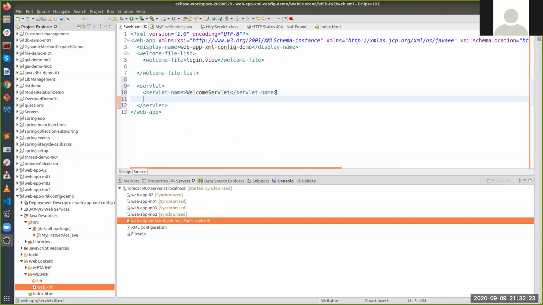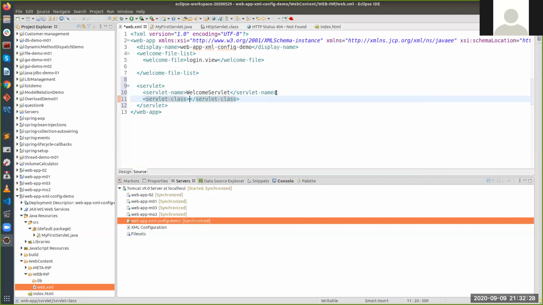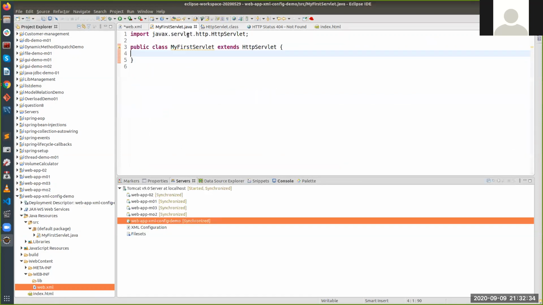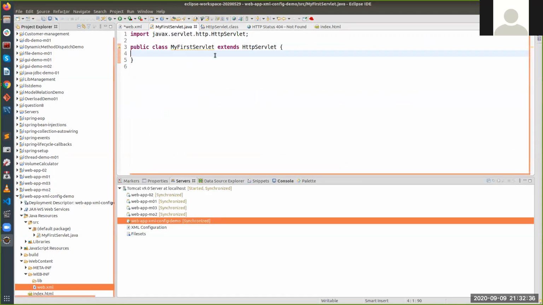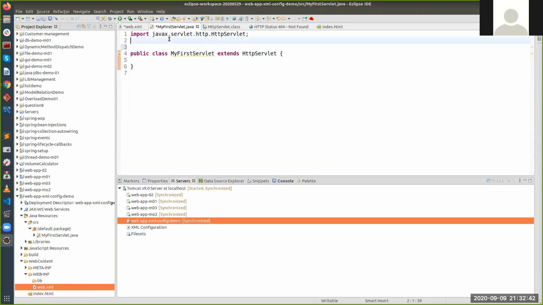Okay. And actually the servlet class can be different. So you map it with the class. So we haven't given any package, I believe. So let's check what is the package we have given. Looks like we have not, right? This is one very important point. Always keep your servlets in a package. So here we can write package